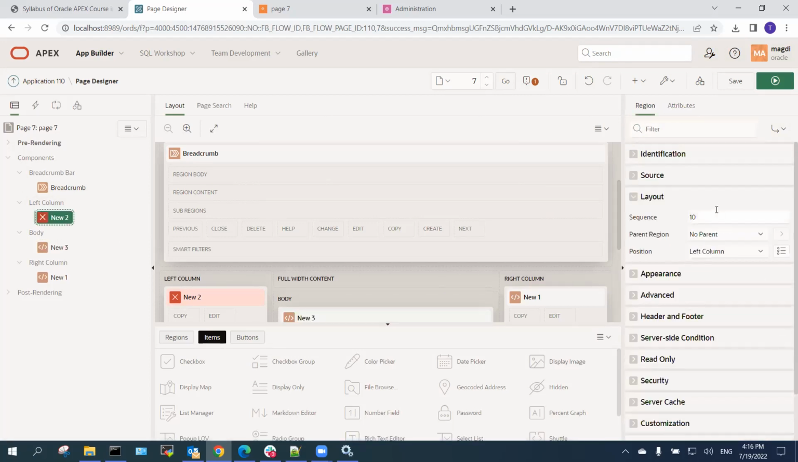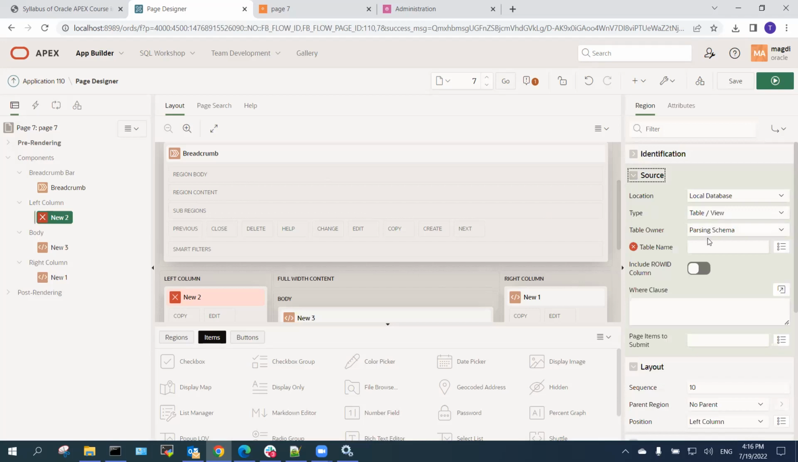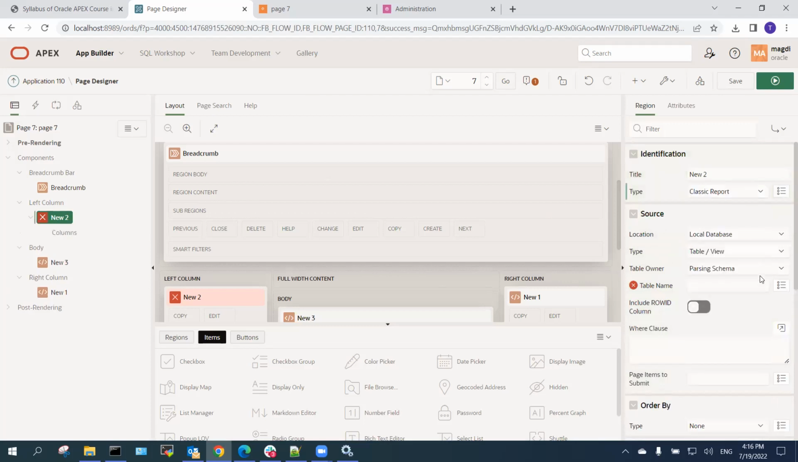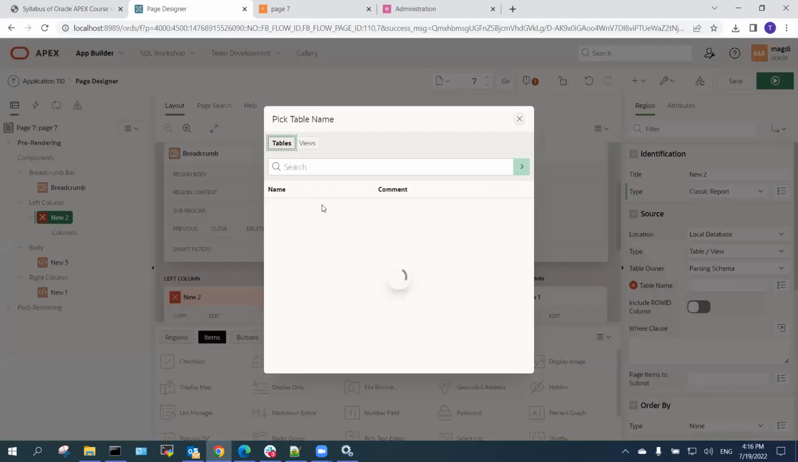And if you have, let's just select this as a classic report. Back to this as a classic report. Once we select source,